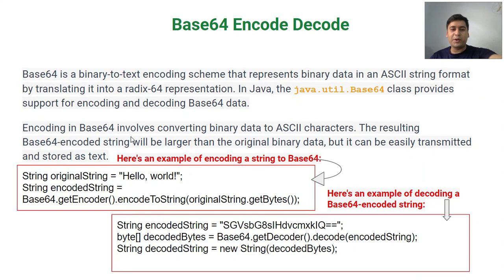Let's talk about a very important feature of Java 1.8, which is Base64 encode and decode. In Java 1.8 also came one of the very important features, which is Base64 encode and decode. If you see here, Base64 is one of the classes. It's a binary-to-text encoding scheme that represents binary data in ASCII string format by translating it into a radix 64 representation. In Java, the java.util.Base64 class provides support for encoding